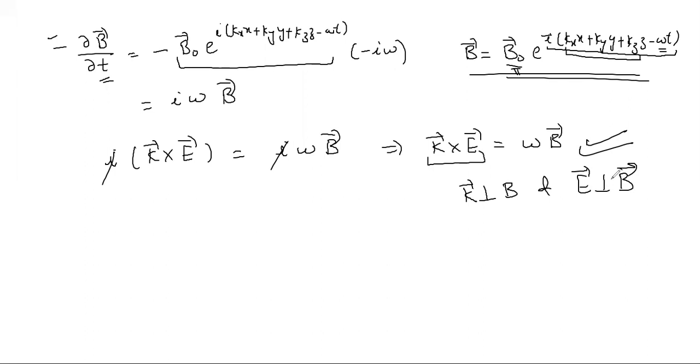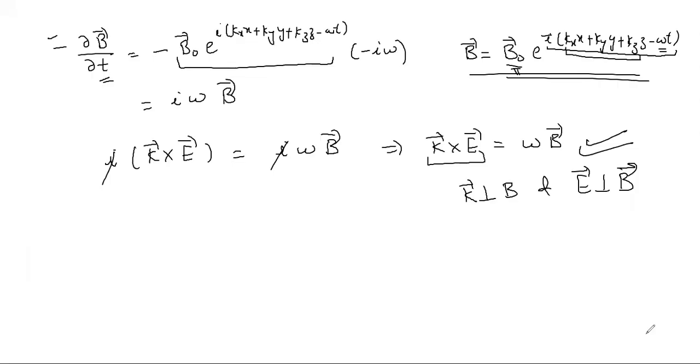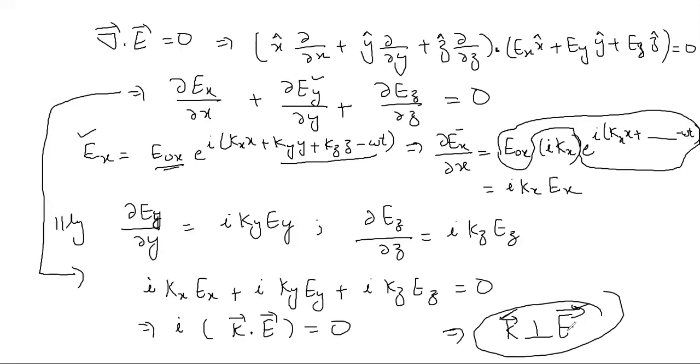So even without proving that del dot B is equal to 0, by simply using the first equation and the third equation, you can prove that electromagnetic waves are transverse in nature. Because from the first equation, if you go back to equation number 1, you did prove that K is perpendicular to E, and